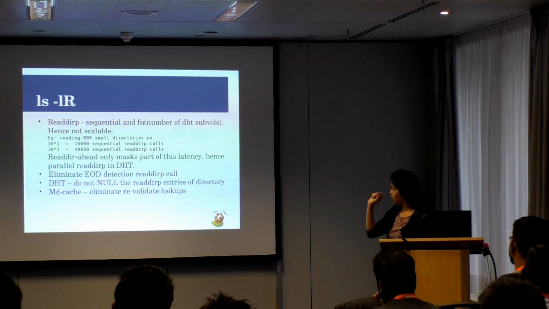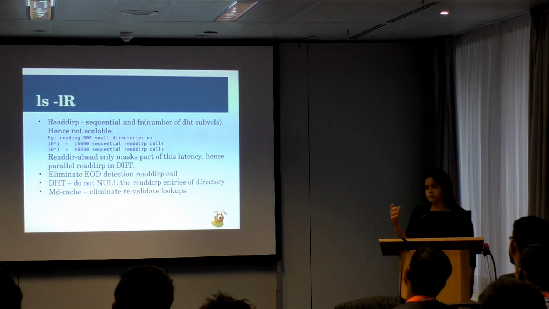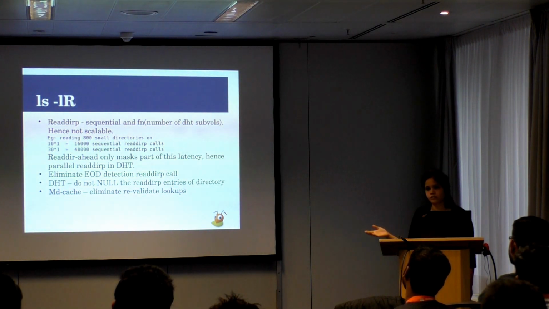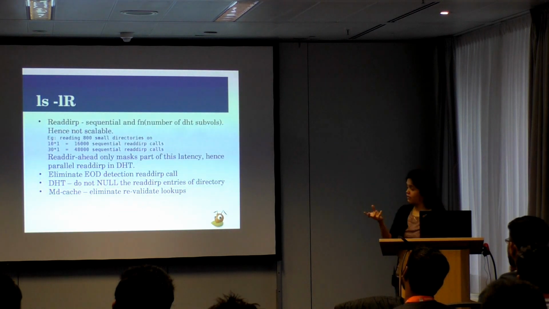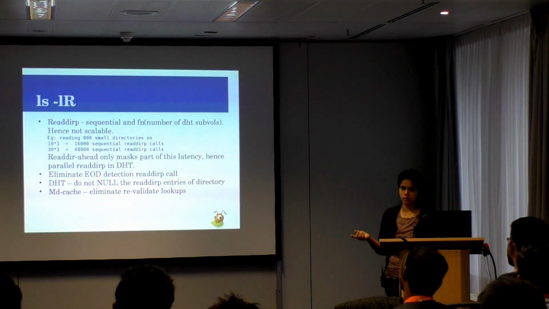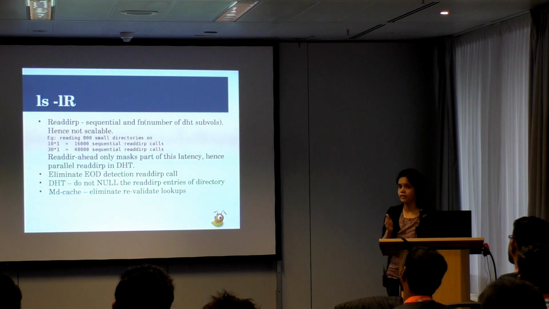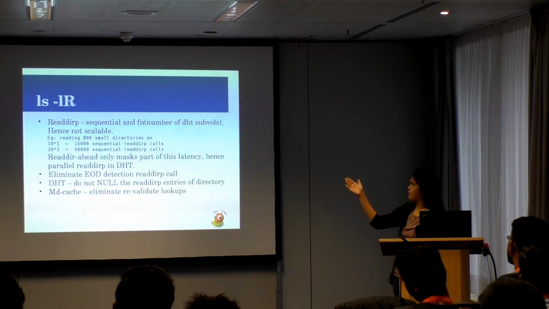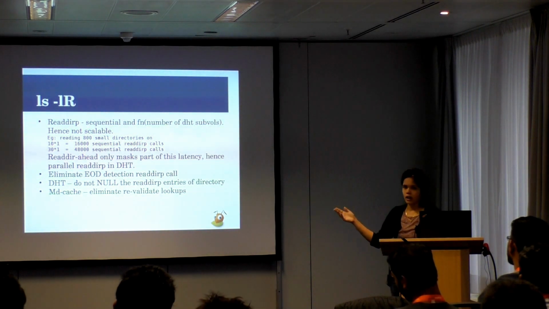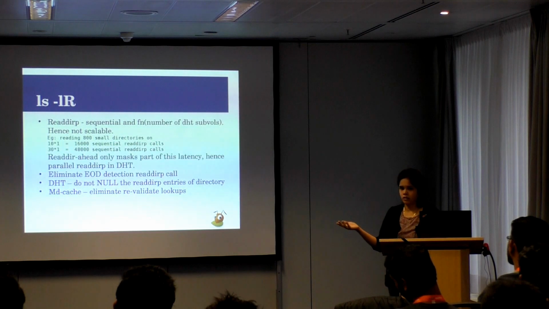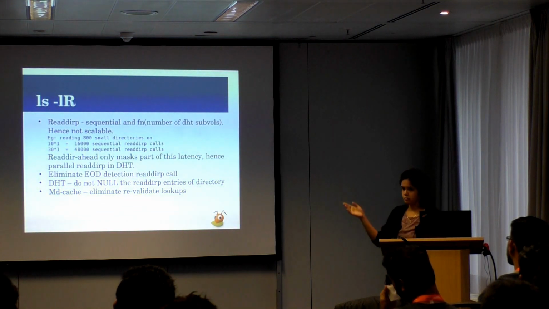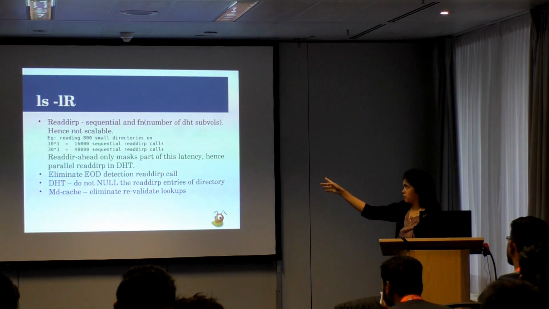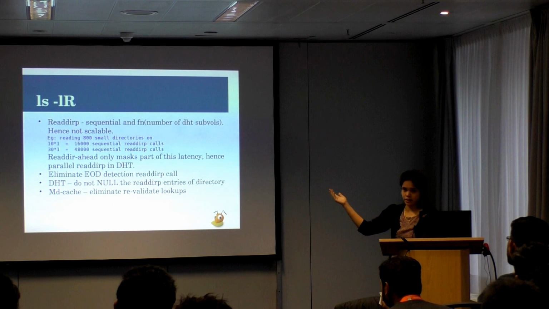But why don't we see it as bad as this number shows? That is because read-ahead masks part of this latency by prefetching the directory entries when opendir was done. But it still cannot be as performant as if it was done in parallel. If the readdirp was issued in parallel, you would probably have 800 readdirp calls. The total number of calls does not reduce, but at least the latency will reduce, to 800 into 10, like 8,000 readdirp calls.